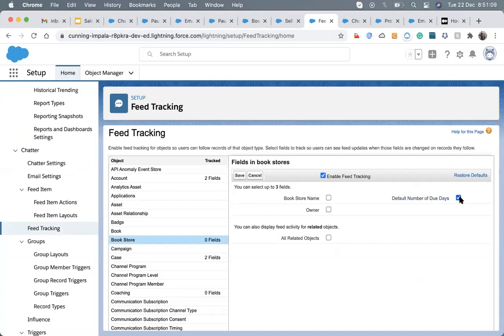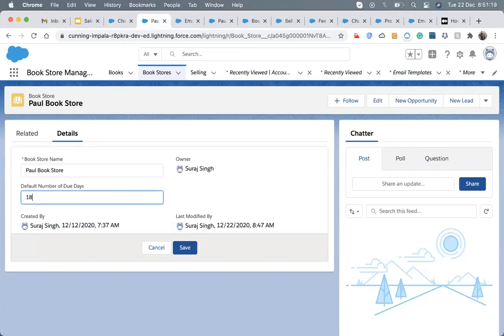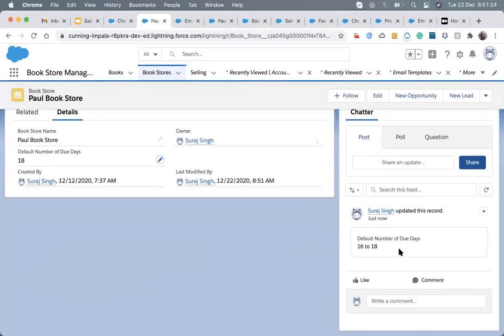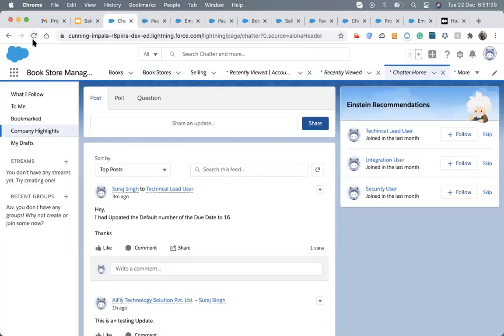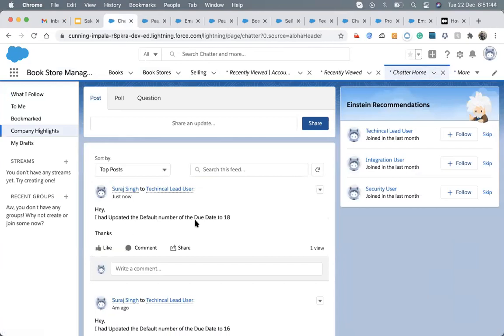We can achieve that this way. We just enable field tracking on this. Then whenever we make changes, it will also make a post to the chatter without using the process builder. Remember, this is the out of box message, meaning it's not pointing to any user. It's just updating only whatever changes we are making. But in the chatter, via process builder, we can customize that message, what it should do.